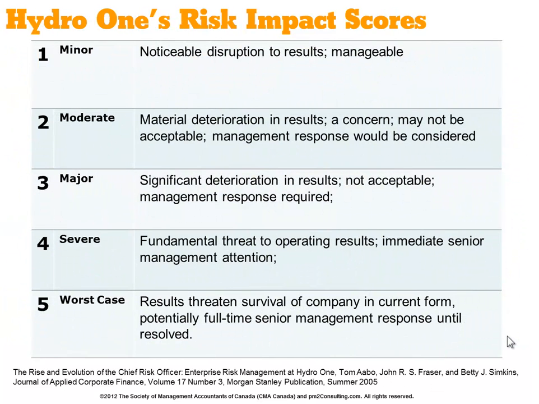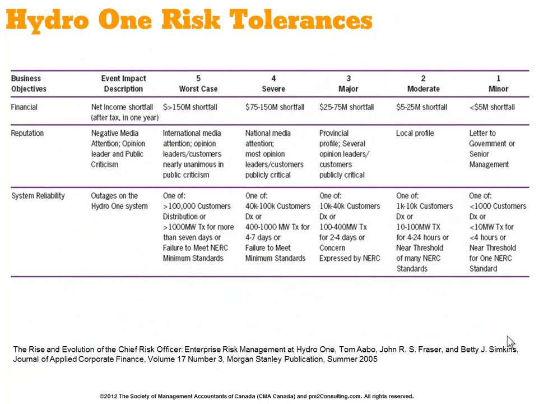Ontario 1 has taken a similar risk footprint to what we saw before, but simplified the definitions considerably. And again, they've then set the ranking from 5 down to 1, and 3 key business objectives: financial, reputational, and systems reliability, and then take a look at the overall core metric, in this case, outages, and then what